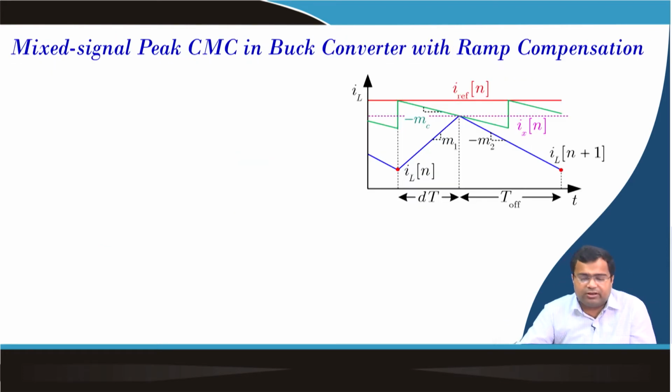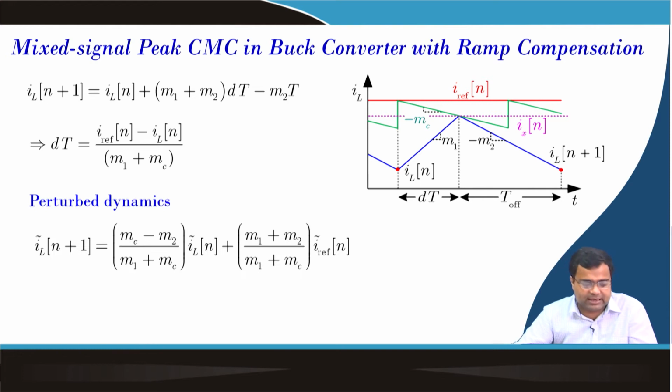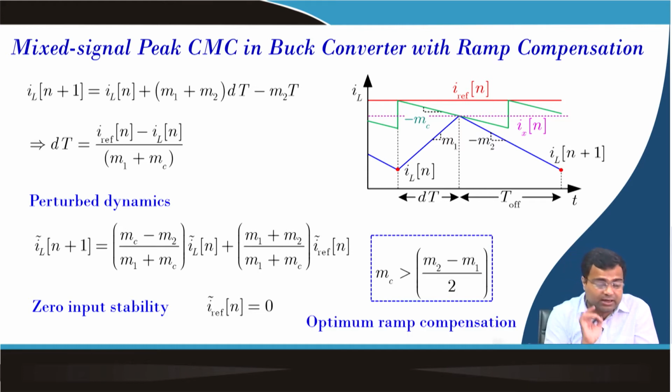Now, we know about ramp compensation. If you add the ramp compensation, then the duty ratio expression will change, and if you get the dynamics for fixed current reference, it can be shown that the current loop will be stable if the compensating ramp is greater than this. But we have to make sure if the duty ratio is less than 0.5, then by this calculation MC becomes negative, but